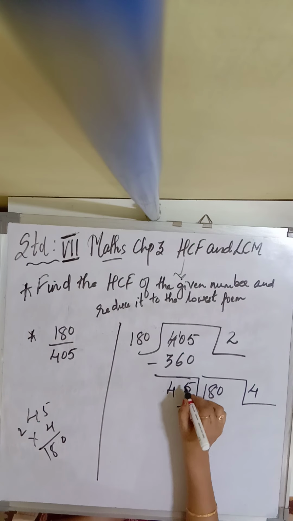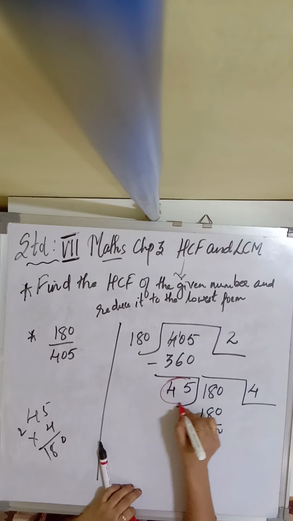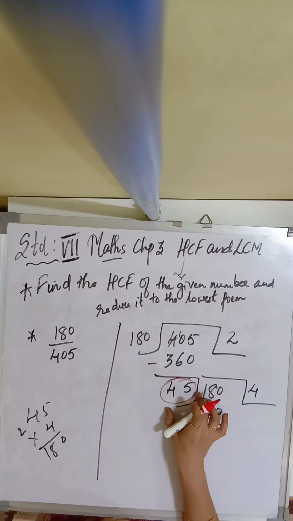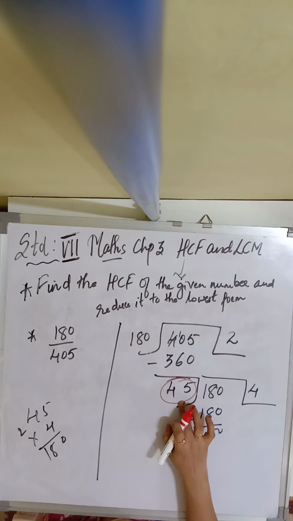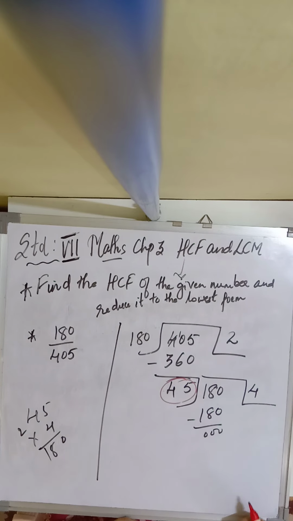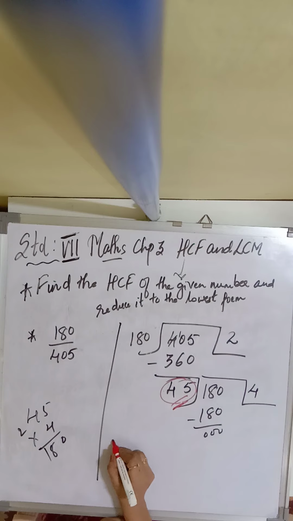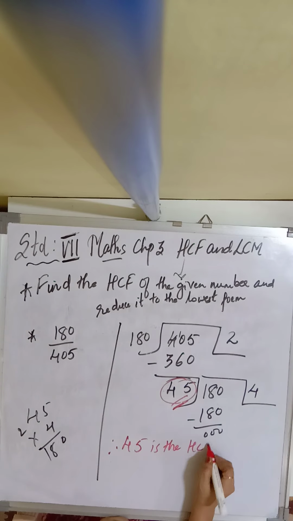So this 45 will be the last divisor. This is the last divisor you are getting, this is the first divisor and then the second divisor. Sometimes there will be 3 steps of division. So the last divisor you get, this number 45, is the HCF of